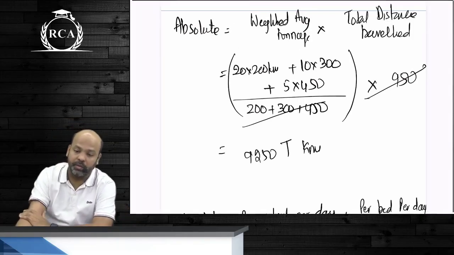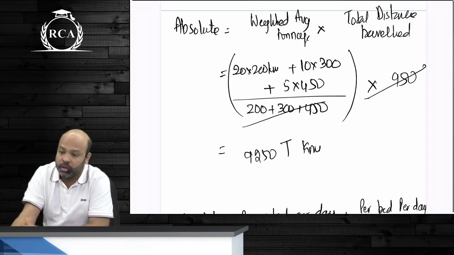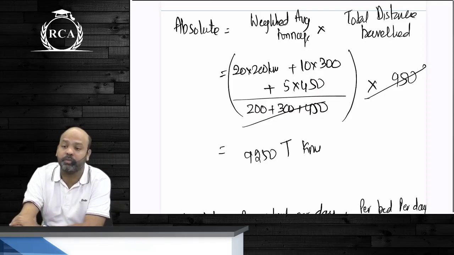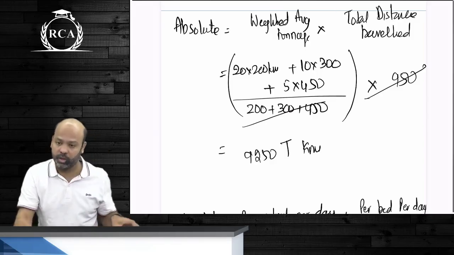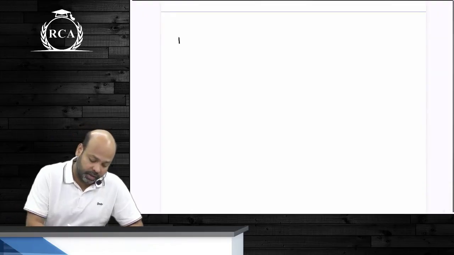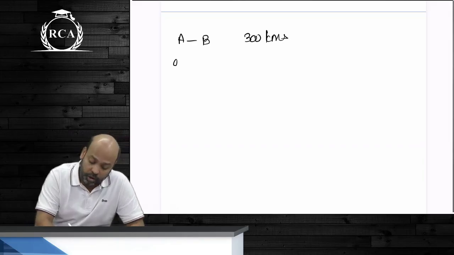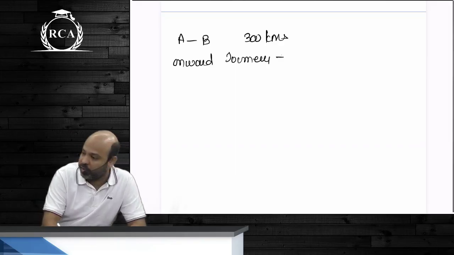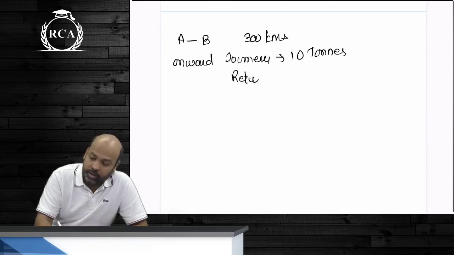अभी बेटा कभी कभी he will tell you that you're traveling from destination A to destination B guys and you return empty. So for computation of total distance traveled guys, I will have to take 2 ways. But for computation of number of ton kilometers guys, you will only have to take 1 way. Let's say beta that the total distance between point A to point B guys is 300 kilometers. Question says guys that for your onward journey as such beta, you are carrying a tonnage of 10 tons. Return empty hai. Are we clear?